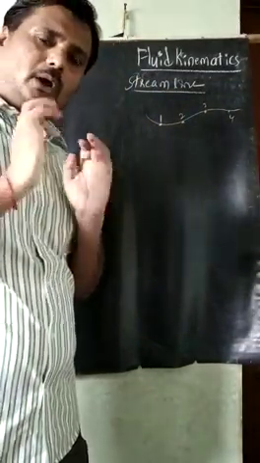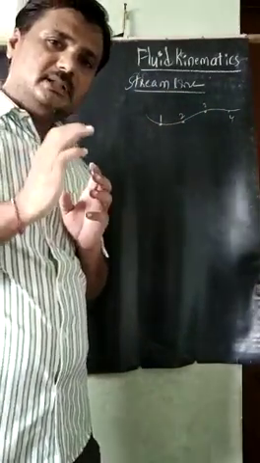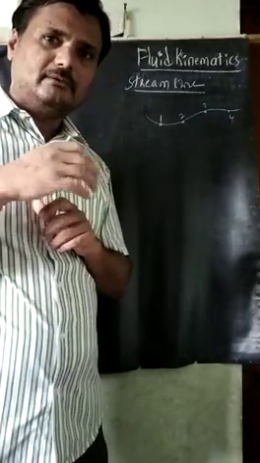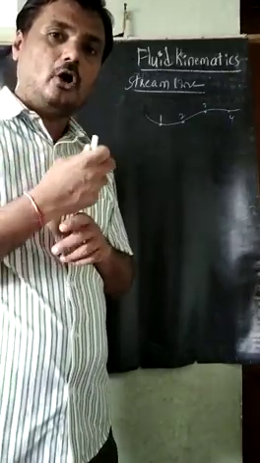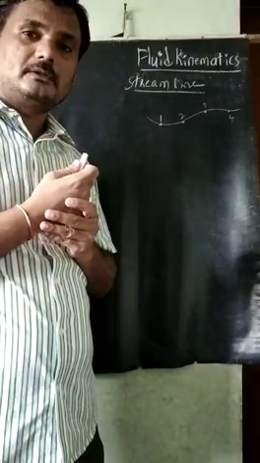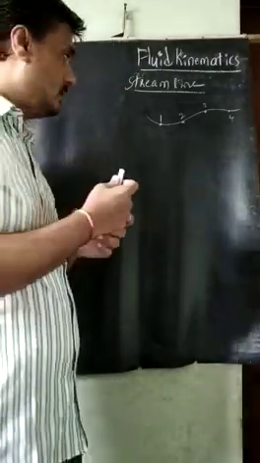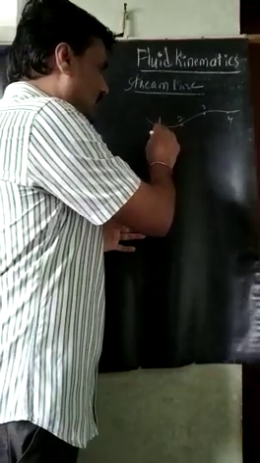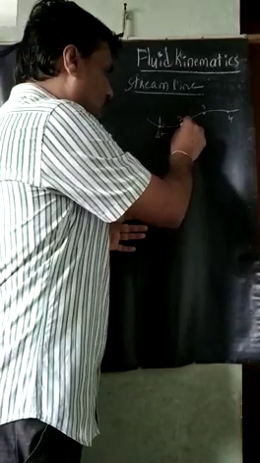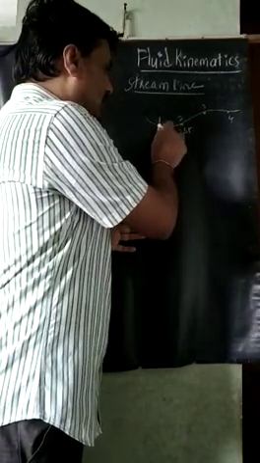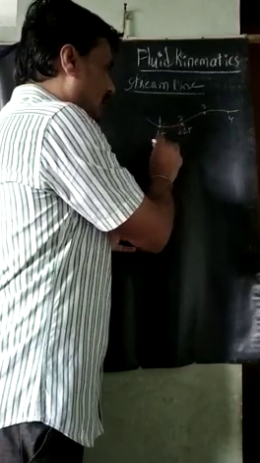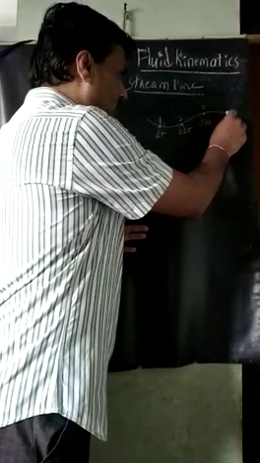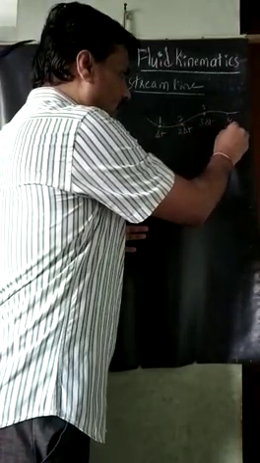So next, what I will do here? I will measure the velocity at a different time, how much the velocity is at different points. For example, at delta t time, that velocity I will measure at the point, and the same point at delta t will be moved to point 2. Point 2 will be moved to point 3 at 3 delta t, and point 3 will be moved to point 4 at 4 delta t.